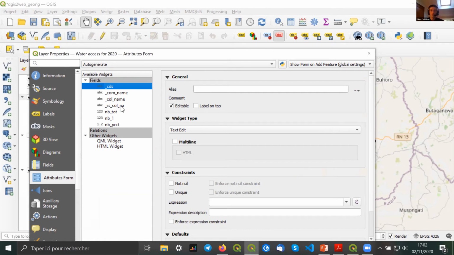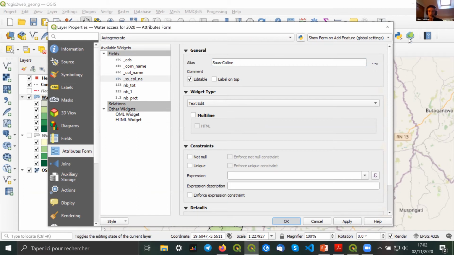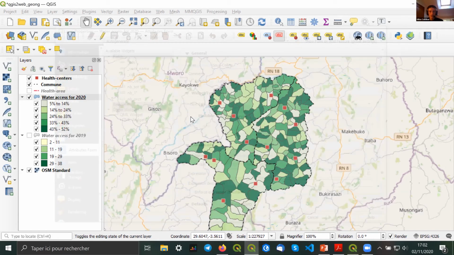So, for example, I was explaining that SS_call is meaning sucolin. So, by adding an alias to it, I can then, on my plugin parameters,